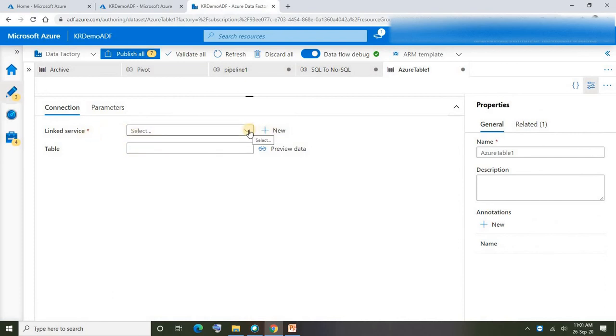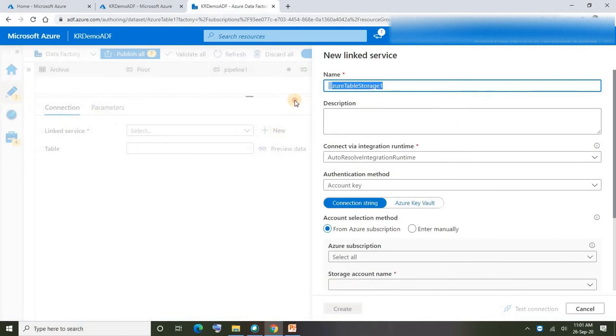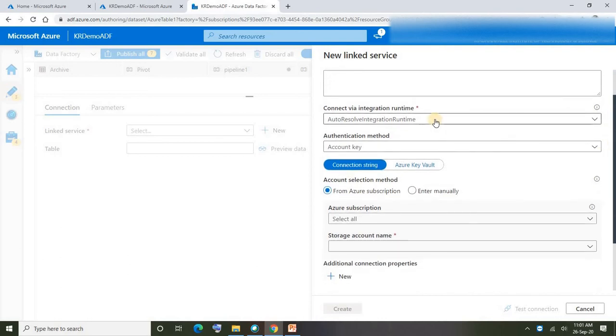Of course, if you have already existing linked service, you can go ahead and use it. I have got already existing linked service, but still let me show you how to create linked service for that. It's the same like Azure SQL only. Storage 1, okay, and here integration runtime is default integration runtime, that is Azure integration runtime. Generally it is auto resolve integration runtime. So if you want to know the different types of integration runtimes, please watch my introduction video for ADF.